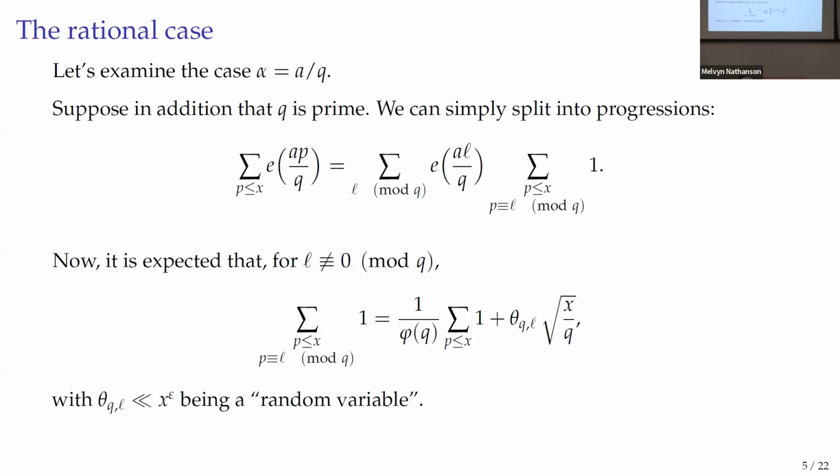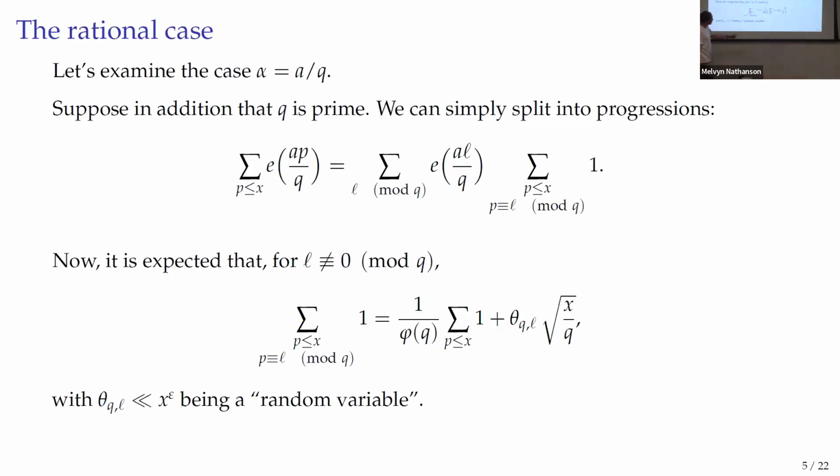And since I'm in the purely heuristic territory, I can just tell you what is true. And what is true, but we cannot prove, is that this is basically just the primes, and the chunk is 1 over phi(q) of them, plus an error term, which is square root cancellation in the number of terms. That's actually what should be true. So what the Riemann hypothesis gives you is actually square root of x, but what is actually true is square root of x over q. But that is beyond anything that anybody can prove.